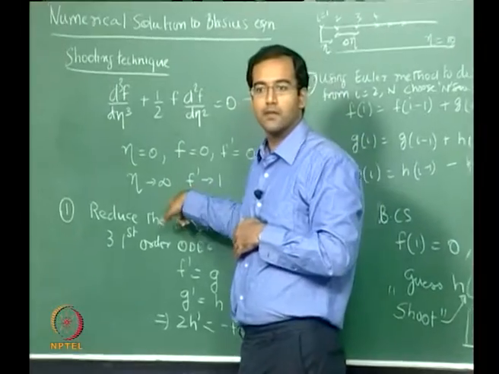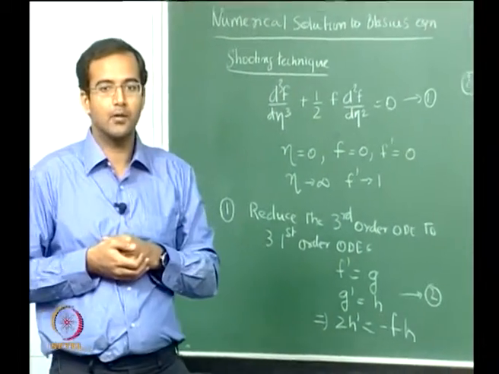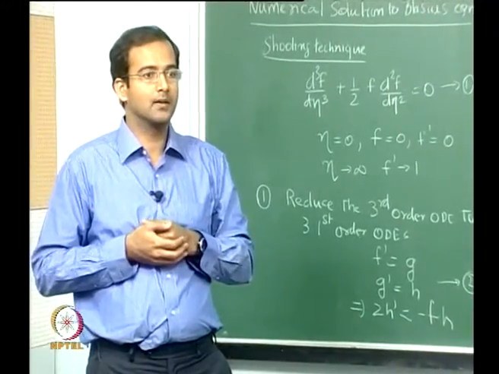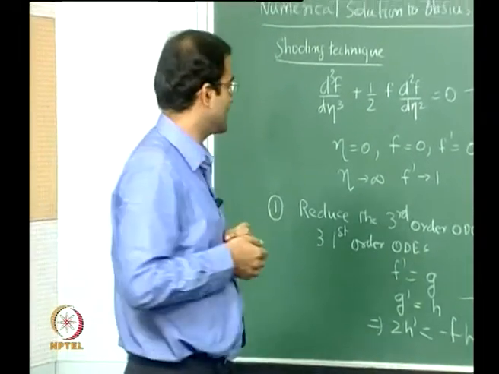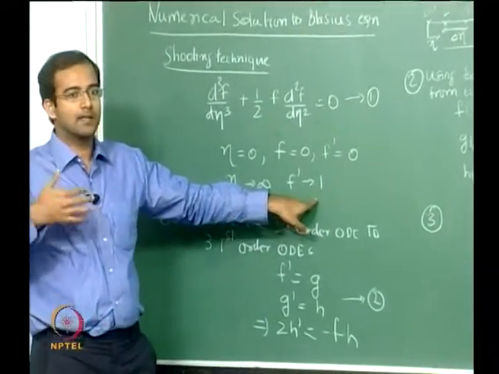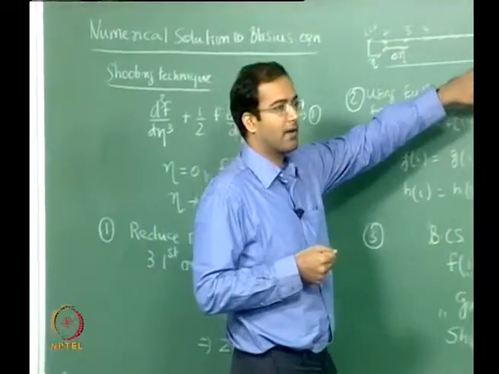So we have already seen from the Blasius solution that your boundary layer thickness extends to some value of eta which is close to 5.58. Okay, beyond that you find that your f prime is almost 1, it doesn't change. So therefore anything above 5, 6 should be good enough. Okay, so for the safer side you can take a value of eta up to 10.